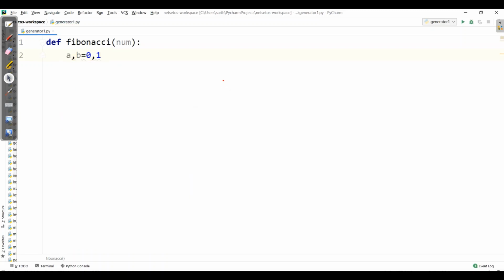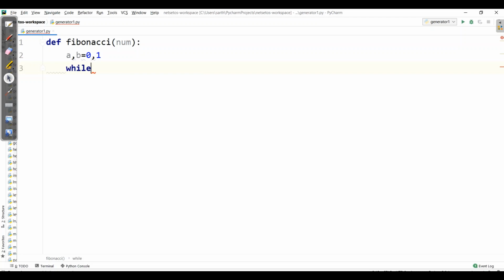Hope you remember Fibonacci. First value 0, then 1, then each next value is the sum of the last two values, which is 1, then 2, then 3 and then 5. So we will initialize the values of a and b as 0 and 1.